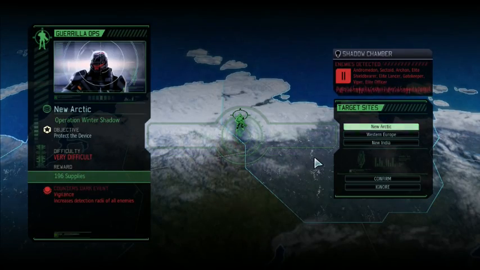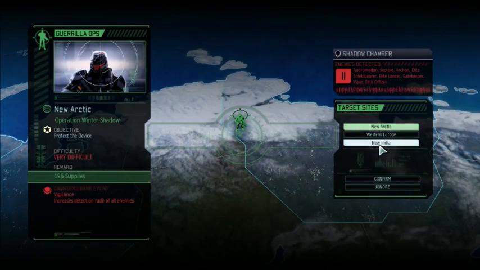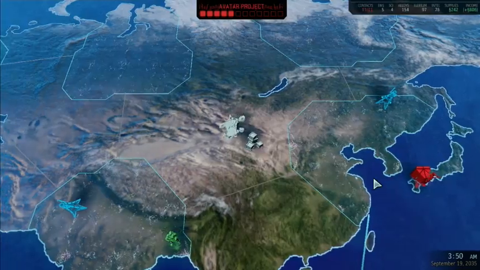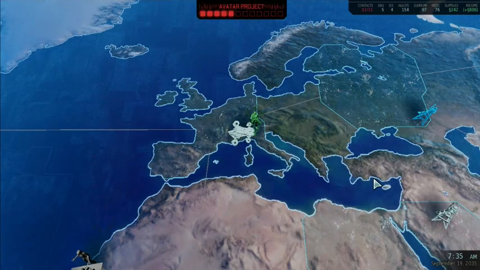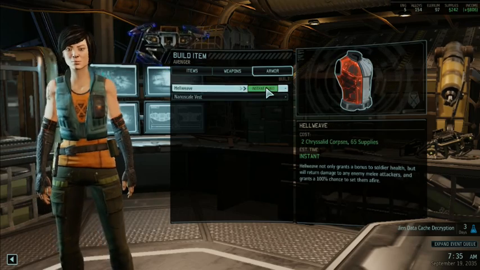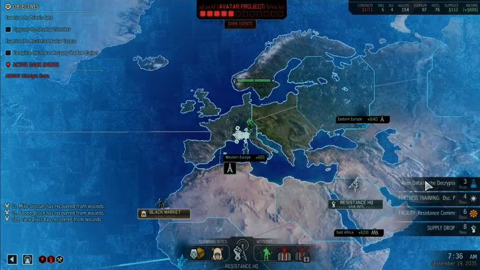And apparently we're gonna get interrupted. Okay, we're gonna need to do this one. Hack the computer. Setting course for Western Europe. And after this, I think we're gonna go to the factory, if we've got everything taken care of. So, I'm gonna do a real quick pop over here and do two Hellweaves for the future, and we will hop back in next time